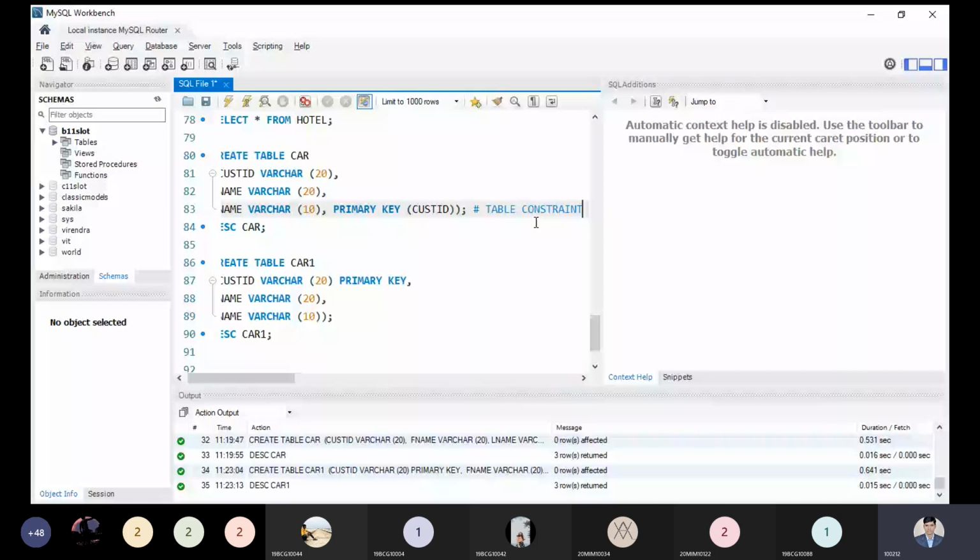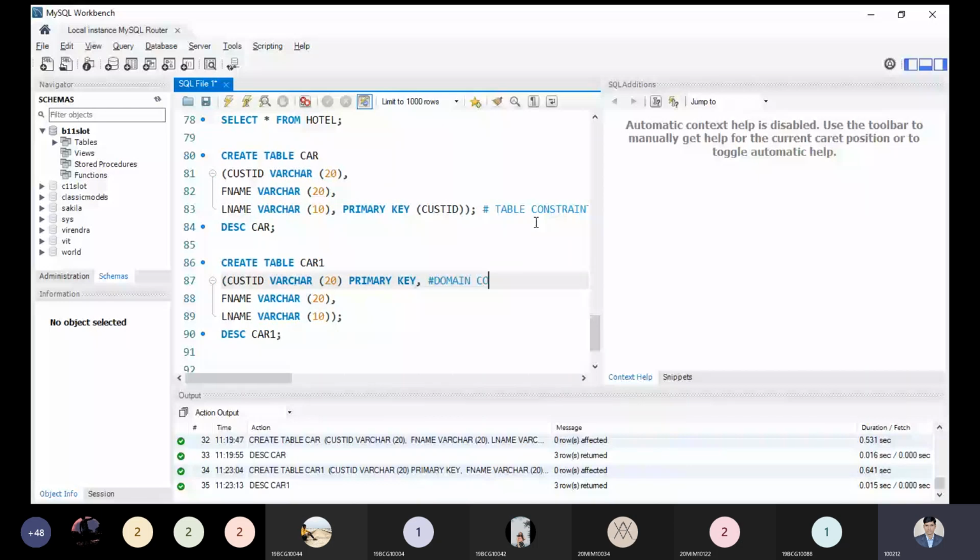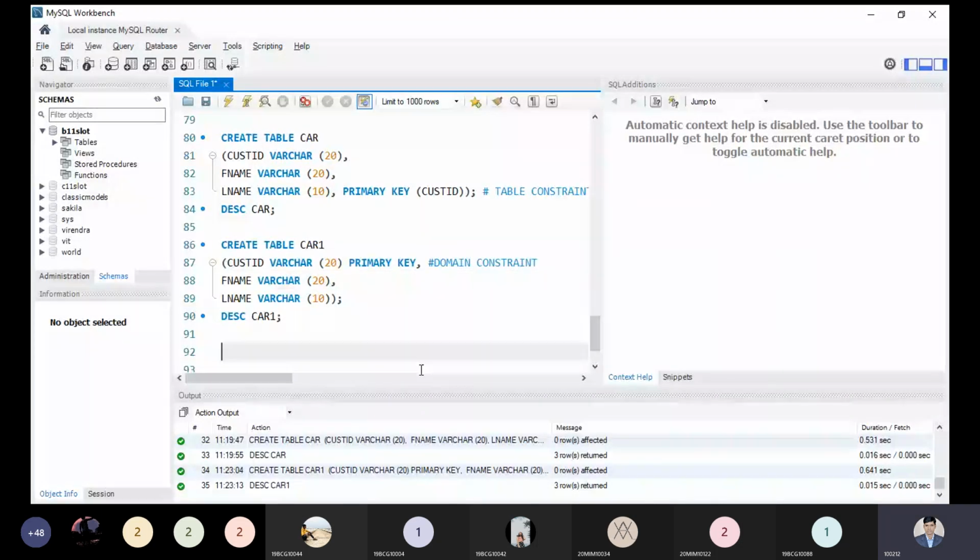And this is just defining the domain constraint. Now, what is the domain? I will tell you. Is it clear to all right now?